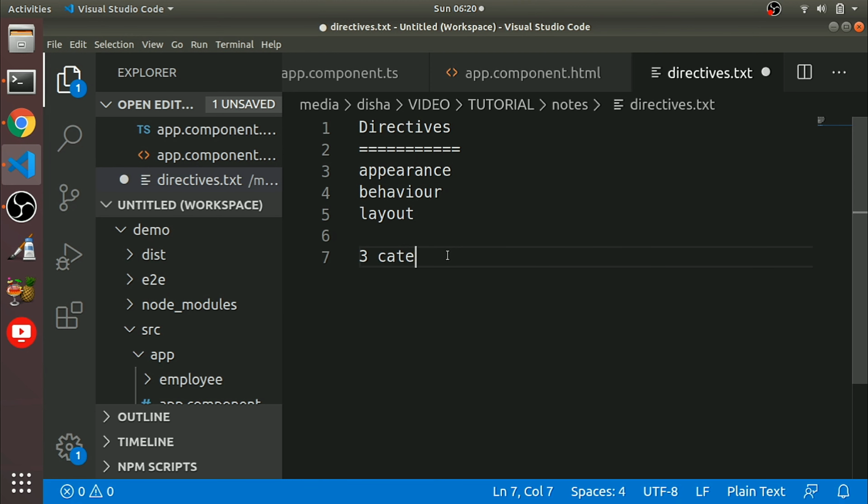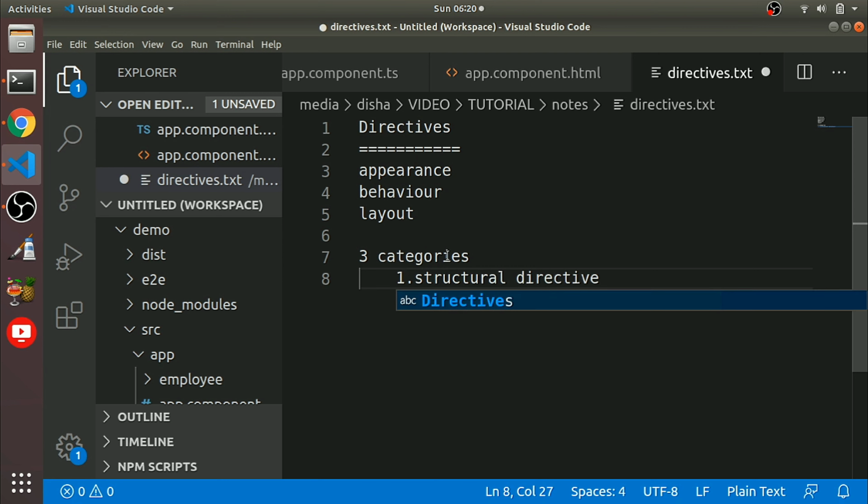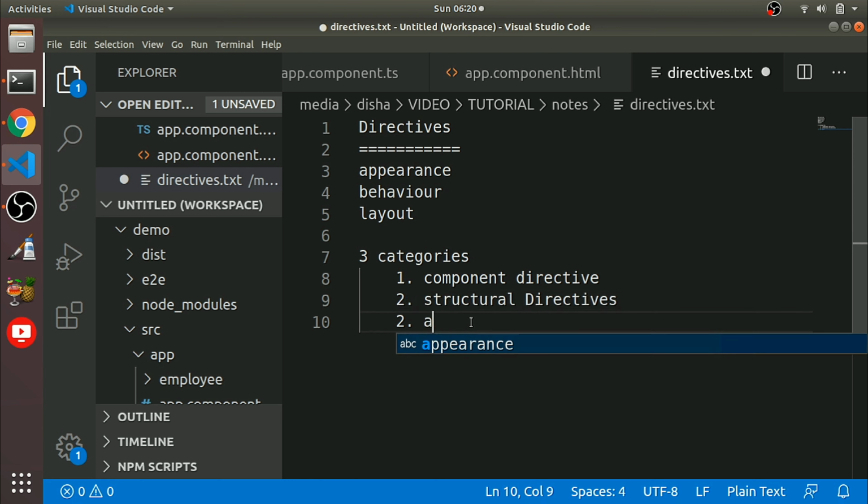We have structural directive, component directive, and another is attribute directive.